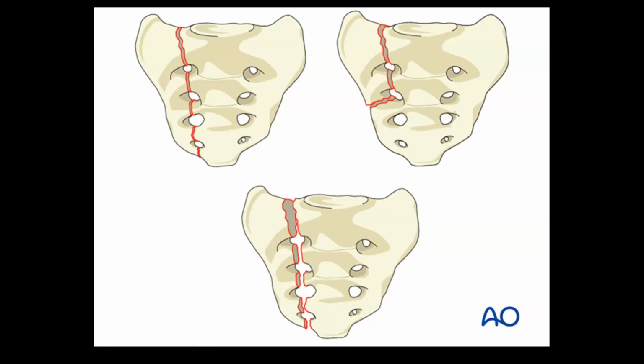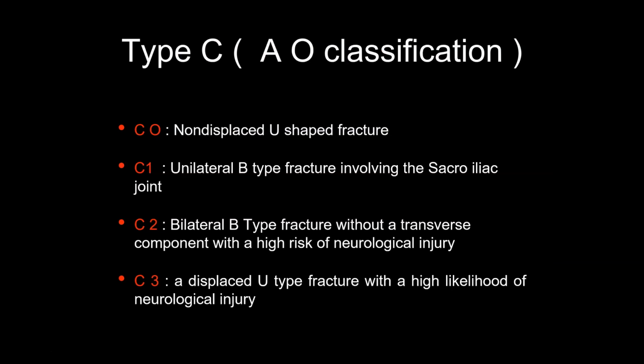Very easy. A, we're talking about transverse. B, we're talking about vertical. And type C, it's not vertical or transverse, it's a combination of both. So C0 is a U-shaped fracture, but non-displaced. C1 is a unilateral type B fracture, but involving the sacroiliac joint. So whenever you have a U-shaped fracture, non-displaced, it is no longer vertical or transverse,